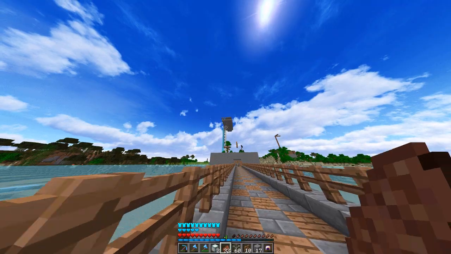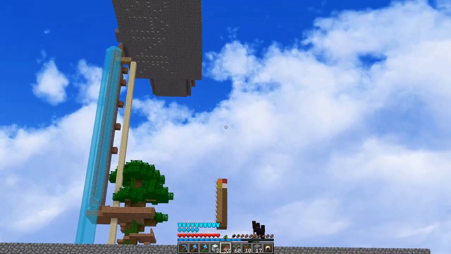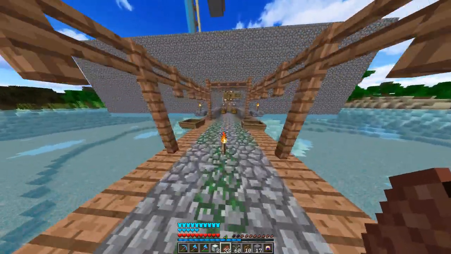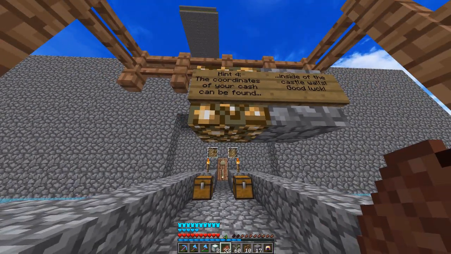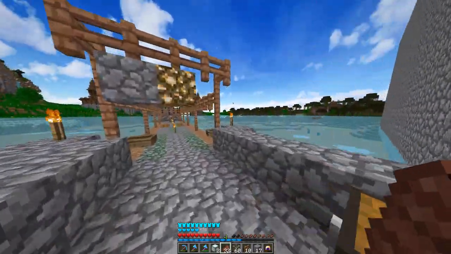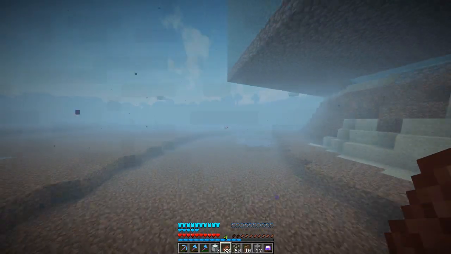So now we actually have to... Does that still read prank? That still reads prank in levers. What the fudge? Is there like a light above there? Huh. So now if we go through here... Oh, this is a little bit freaky. Alright, so... The coordinates of your cache can be found inside of the castle walls. Good luck. Okay, sure. If we were to bring him along the edge of here in the water...